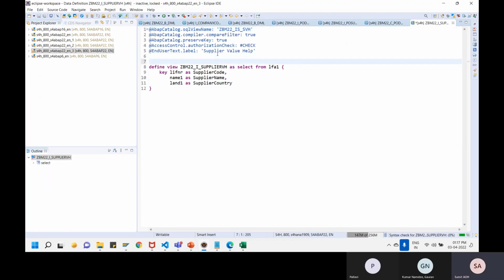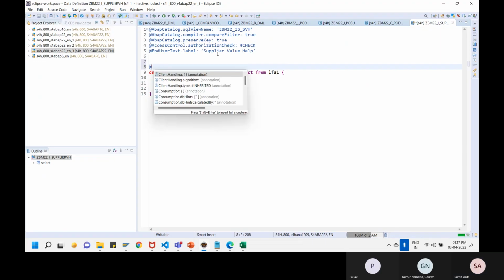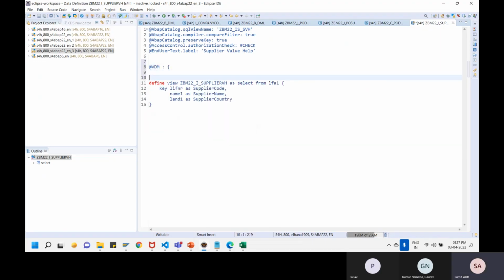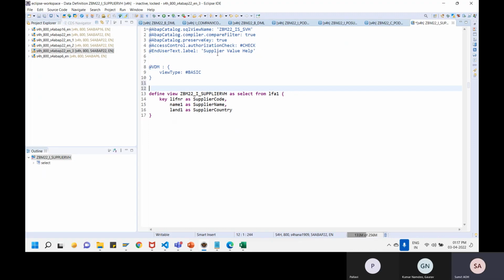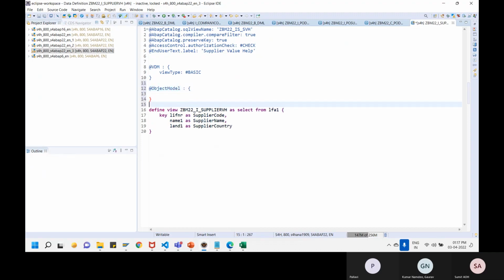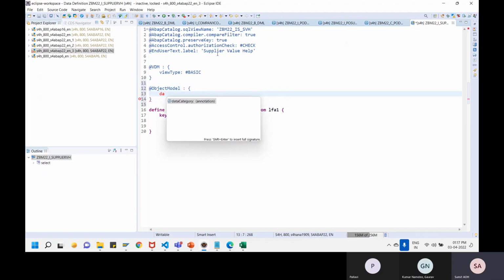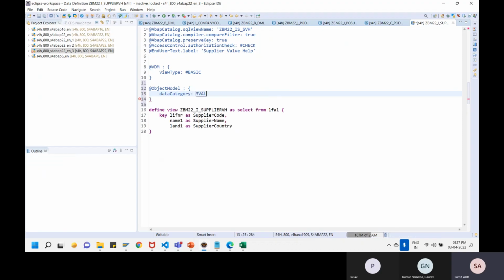Now, what we just built over here is again a basic view, and the kind of data it is containing, that we can specify in a data category where we can write value help. So the purpose of this view would be for generation of a value help, and which would only expose these three pieces of information. So this is again an interface view, but this can now be used in all